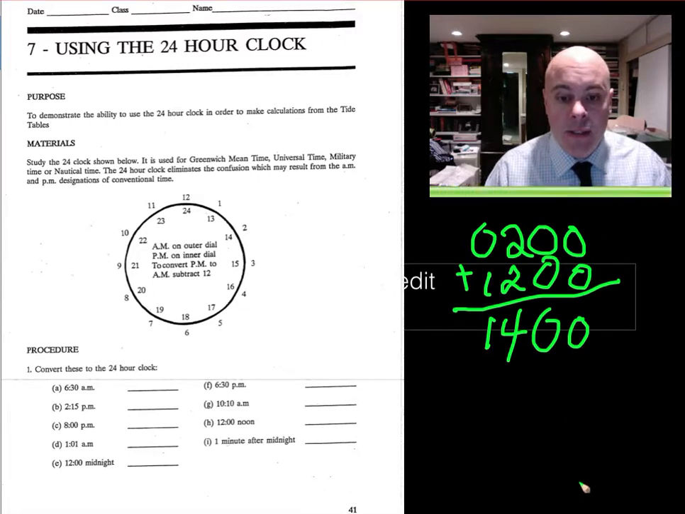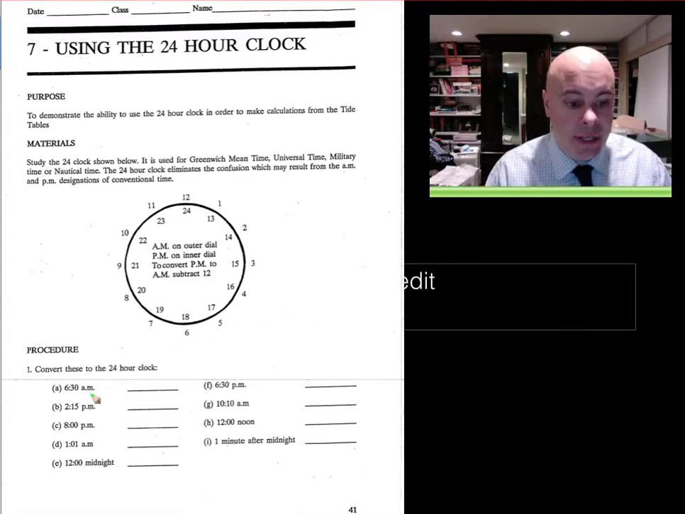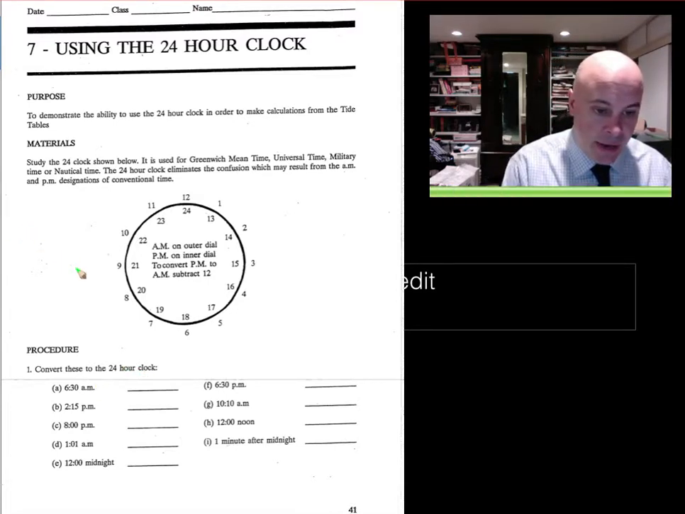Okay, so let me clear this. Over here, down at the bottom, it says 6:30 a.m. and it wants us to convert this into the 24-hour clock. So we're talking about in the morning, so that's simple. We're just going to write 0,